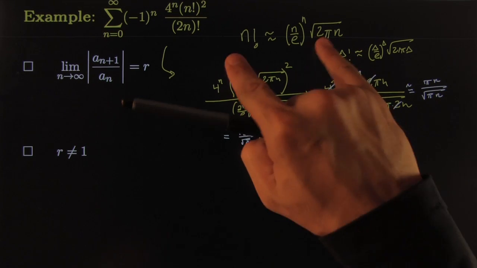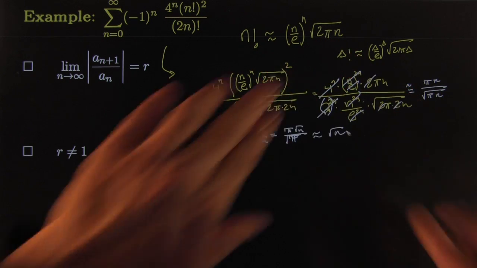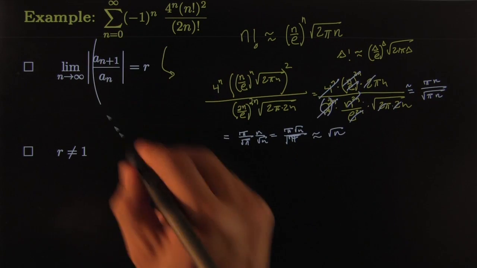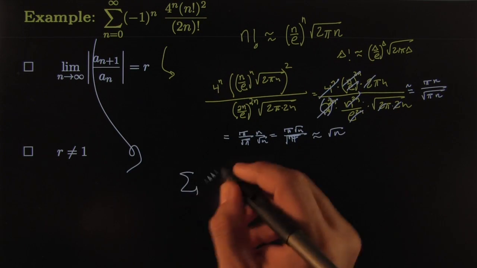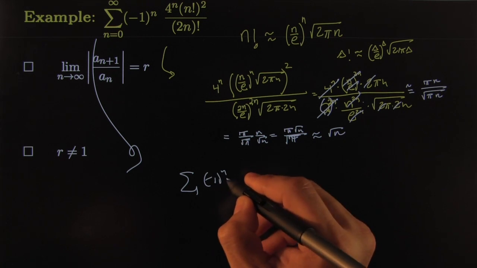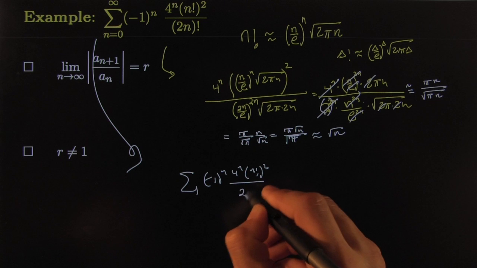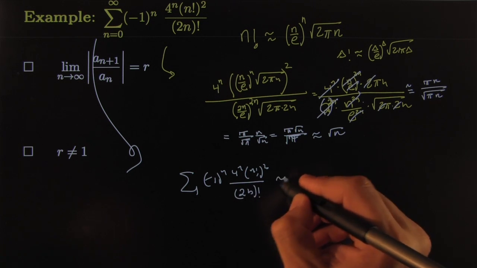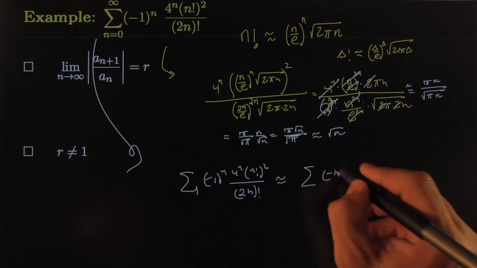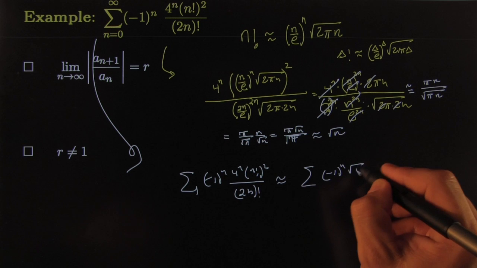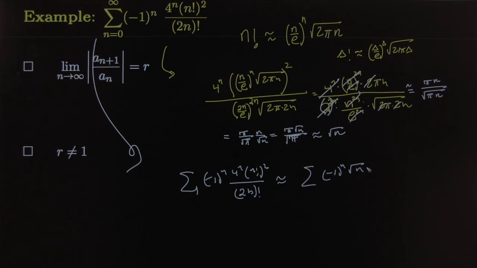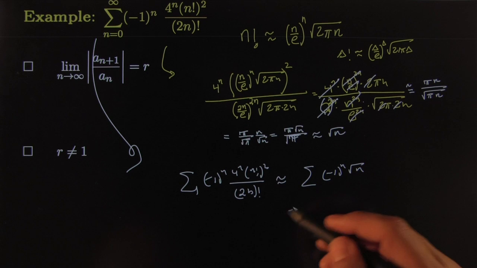Wow, what powerful stuff, man. Stirling's formula, I love it. This tells me that the original series, (-1)^n times 4^n times n factorial squared all over 2n factorial, behaves a lot like (-1)^n times the square root of n. Yippee-ki-yay. Winner, winner, chicken dinner. This tells you, of course, that it diverges,